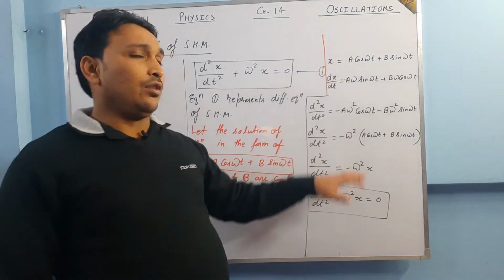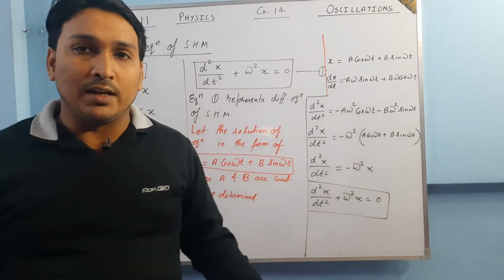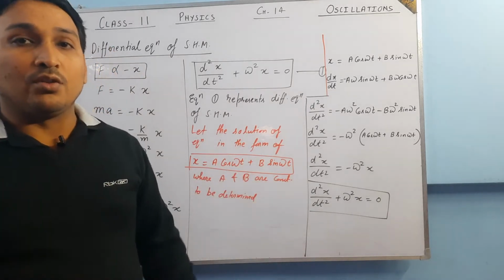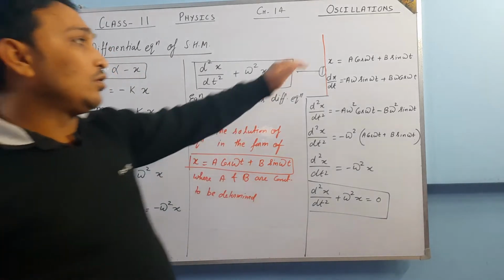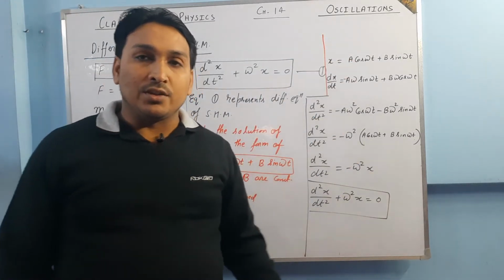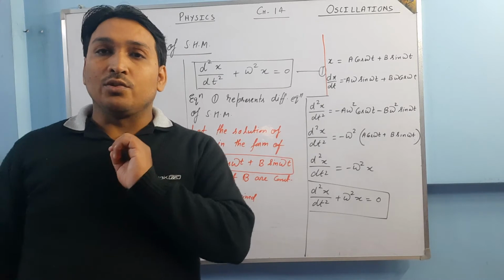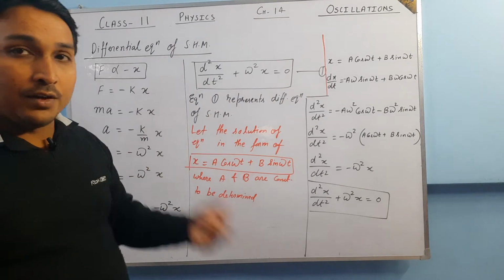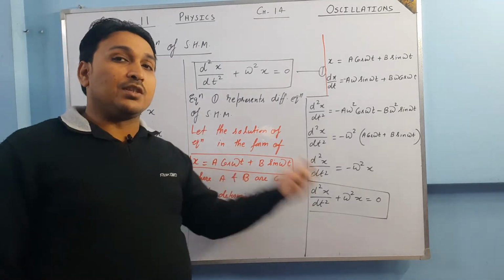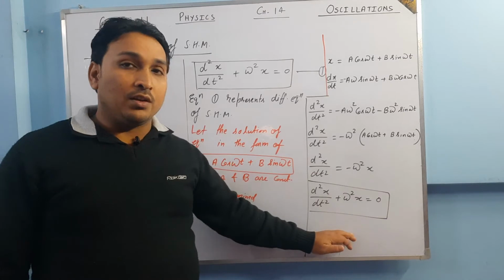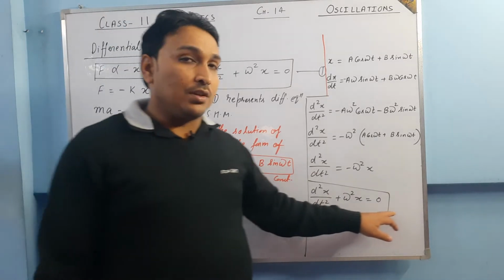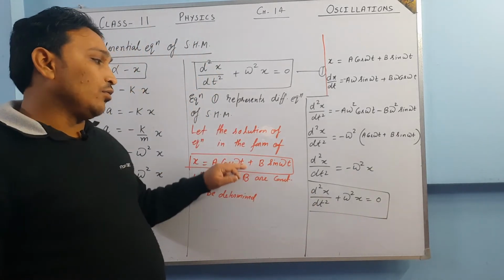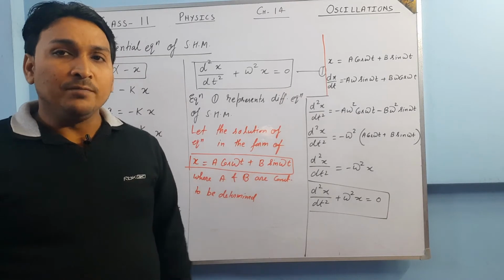Okay, in the examination you do not need to do this unless you are asked to show that this represents the double derivative equation or the differential equation of SHM, then you have to solve all this. If in the examination it is asked what is the differential equation of SHM, derive it, you have to do till here only. Is it clear? But if it is asked to show that this equation represents SHM, then from here you have to come over here, and then you have to tell that this equation is the differential equation of SHM, and that's why this equation x is equal to A cos omega t plus B sin omega t represents an SHM.